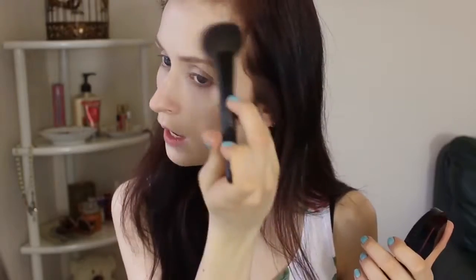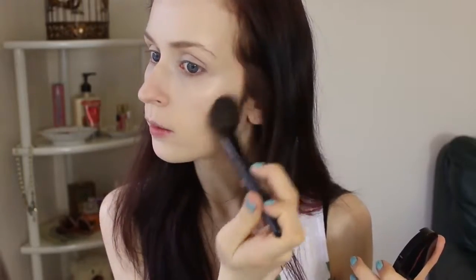Like I said, I'm not concerned with creating shadows like I would be if I were contouring. I'm just placing this on my cheeks and up to my temples, just to give my face a subtle bronzy glow. Also gonna put this along my hairline, just to make my forehead look a little bit less large and in